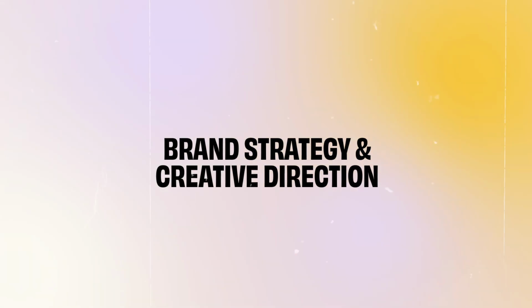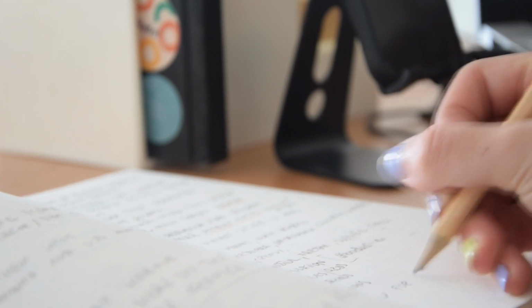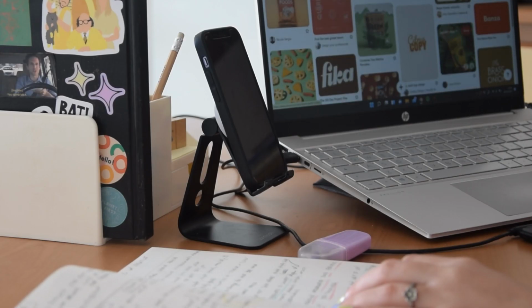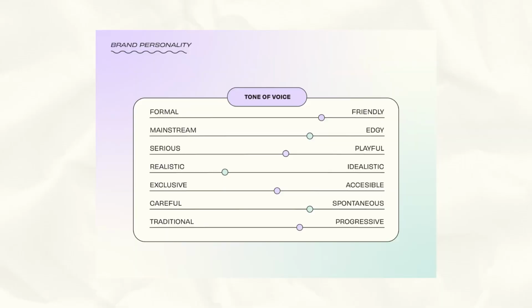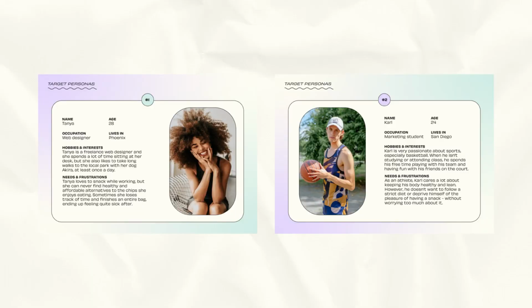and creative direction. Over the course of 1 week, I will build the client strategy and creative direction using everything that we have analyzed so far. I will put together a 28-page document where I will go over the brand's mission, goals, the personality, the positioning, and I will also talk about their target and create some target personas to give them a more realistic idea of the people they're trying to reach. Of course, I also do a competitor analysis to see what else is out there and how we can stand out from them.